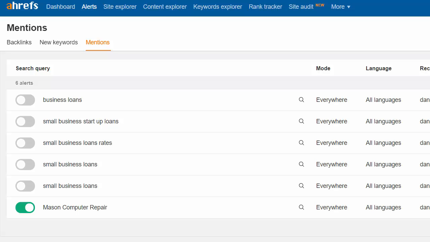But if you want to get more aggressive, and I recommend you do, put your main keywords in here and then just get alerts when they come in, and then reach out to those opportunities that look like they could be promising. You could open up the Ahrefs alerts that they send you, look at the domain authority, then go from there whether or not you want to pursue it for a link. But the more opportunities you get, the more swings at the baseball that you get, the better chances are you're going to hit some singles and doubles and triples and home runs.